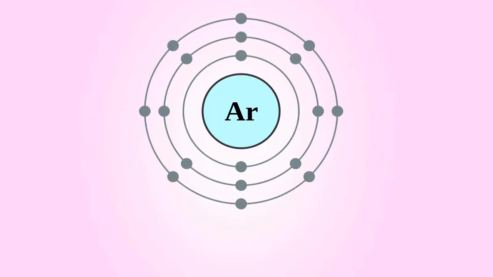Argon is an inert gas having electrons in the shells K, L and M. The electron capacity of M shell is 18. However, in argon, there are only 8 electrons in the valence shell M. It means that there are 8 electrons in the valence shell of inert gases. That is an electron octet. From this, it is understood that the valency is 0 when the electron octet or duplet is complete.